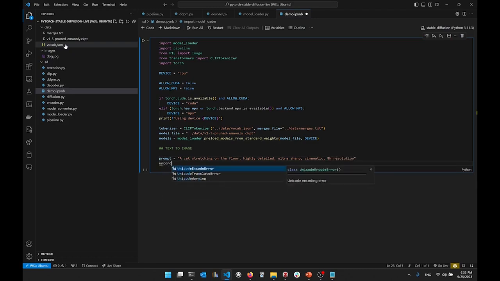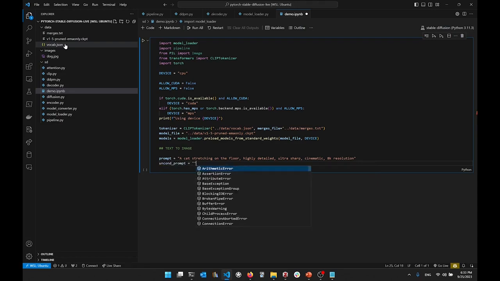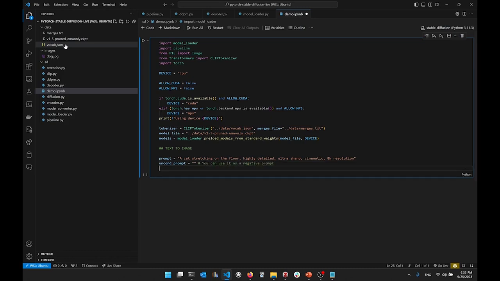The unconditioned prompt, I keep it blank. You can also use it as a negative prompt. So if you don't want the output to have some characteristics, you can define it in the negative prompt. Of course, I like to do CFG, so the classifier free guidance, which we set to true. CFG scale is a number between 1 and 14, which indicates how much attention we want the model to pay to this prompt. 14 means pay very much attention, or 1 means pay very little attention. I use 7 because